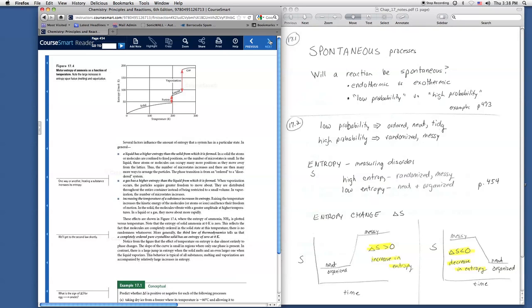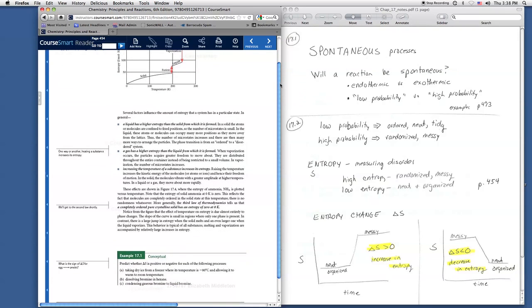If you have an ice cube, or a balloon filled with gas, or a piece of metal, or a glass of water, the substance is considered to have entropy. It has a certain amount of disorder. So there's a discussion of that here in the book on page 454, and I think you'll find it pretty logical. But what we want to do mainly in chemistry is not only understand the entropy of substances,